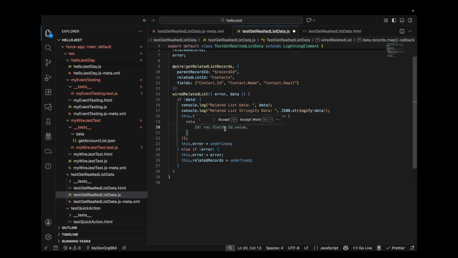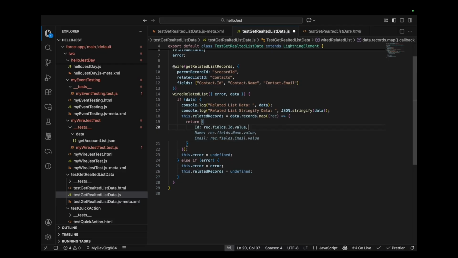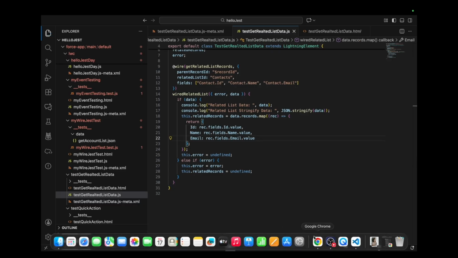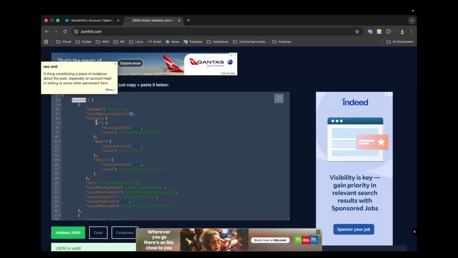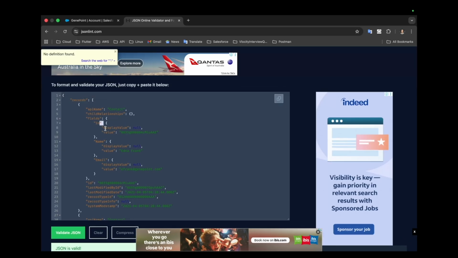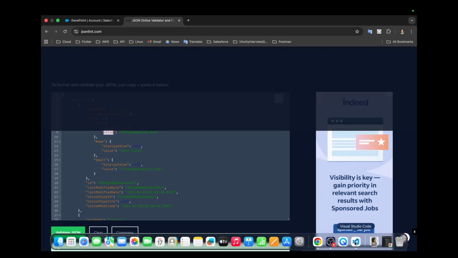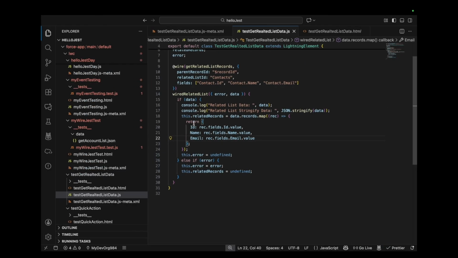we can use id equals to. It's already giving me a suggestion, but if you can see here, we are returning this. But if you come here and see, it's coming as record, then fields, then id, and then value. So we need to map the id value into that, the same way for name and the same way for email. So now if you can see here, our value is mapped and it will be returned into this one, related data. So now if we save this, and